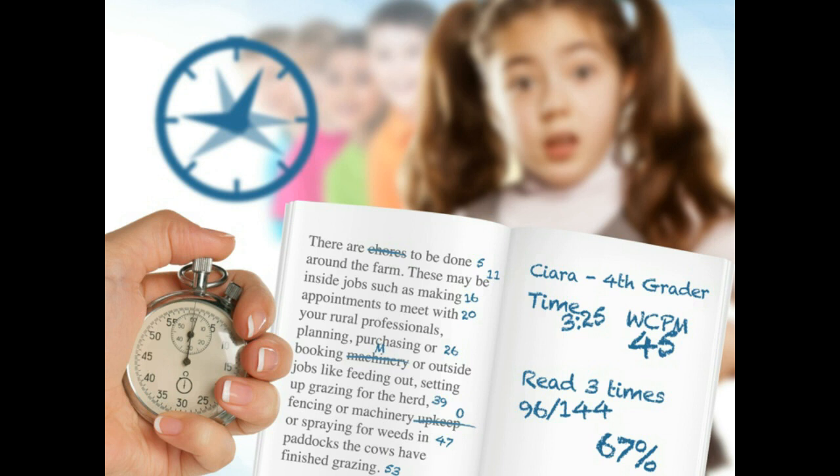what is causing that kid to be slow? They could be making a lot of hesitations, or they could be making a lot of mispronunciations, and that could be negatively impacting their score. So the useful data is the insights into what makes that number. So this kid that's on screen now got 45 words correct per minute. But if you look at the detail of it,